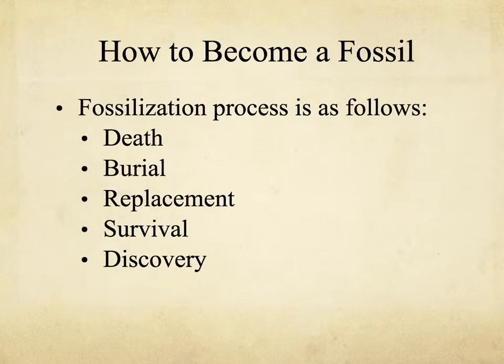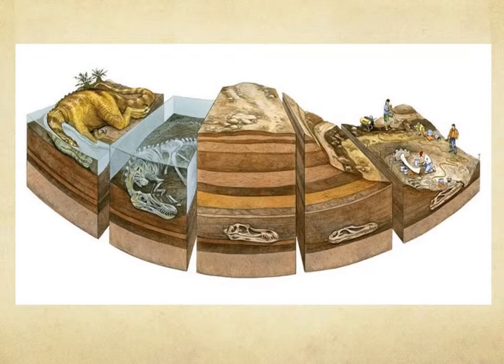The process of fossilization is as follows. First, the organism must die, then be buried by sediments. The outer hard cast or shell must be replaced by dissolved minerals. The fossil then must survive plate tectonics, climate change, and pressure and heating from Earth's crust. Finally, it must be discovered. Because some do not survive, the fossil record is incomplete. This is an example of a dinosaur going through the process of fossilization.